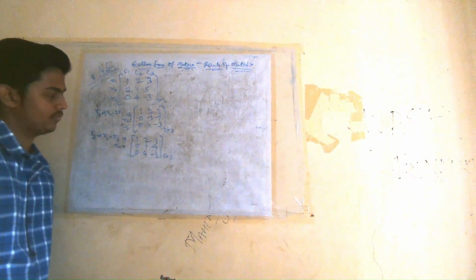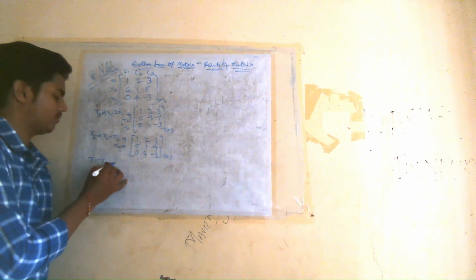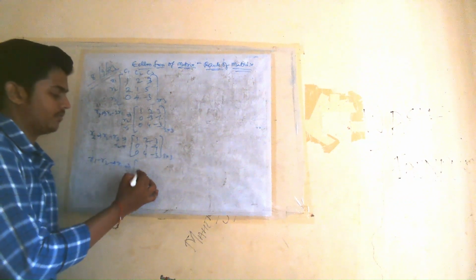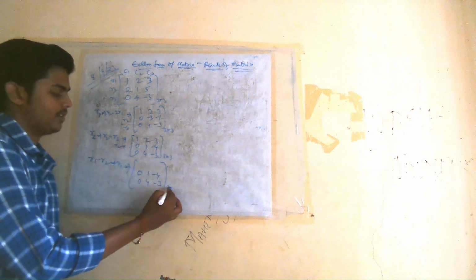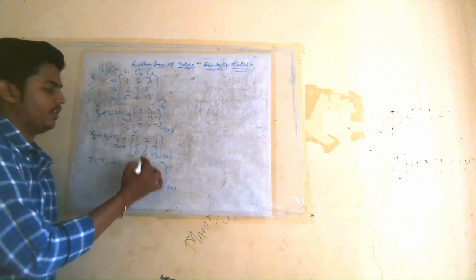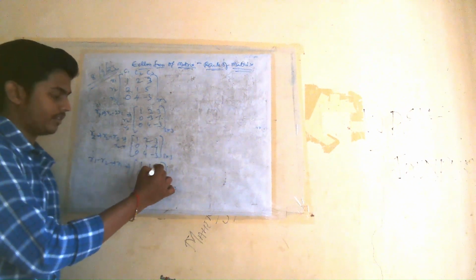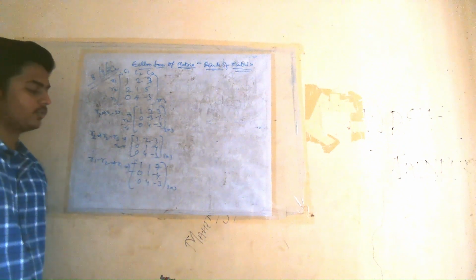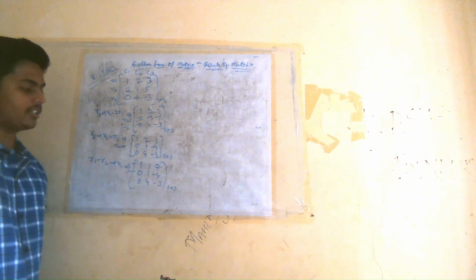Now I will subtract R1 minus R2, which implies R1 implies, let's subtract these two. 0, 1 minus 4, 0, 4 minus 3, these are the same. Okay, 1 minus 0 is 1 only, 2 minus 1 is 1, 3 minus minus 4 is 7. Now if you observe this R1 and R2, if I subtract now R1 minus R2,